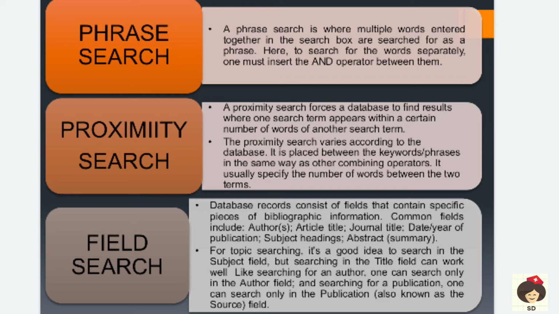Next is the field search. When we know specific information about our research, like we have already done a research and taken the bibliography, the title, or the abstract related to the research, then we can just enter the author name or publication title or any journal title, date, year. All those bibliography details we can enter and obtain the studies related to our field. That is called field search. So these are the techniques in online search.